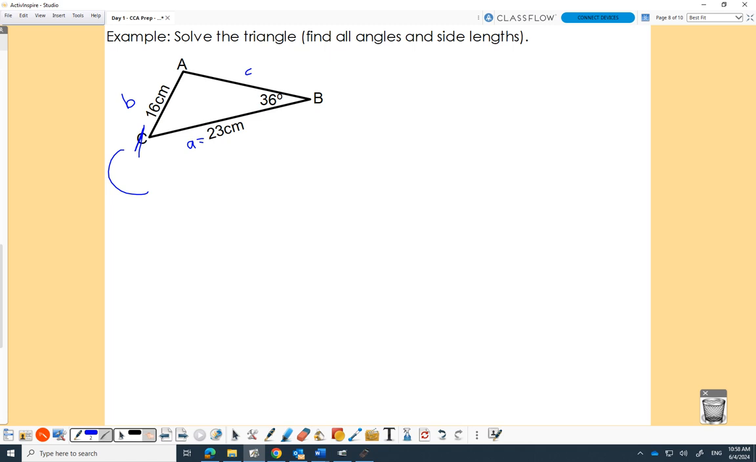So sine A over a. I did as the notes say, and I put the unknown in the numerator, equals sine B over b. And you just fill in the things you know, which is sine A over 23 equals sine 36 over 16. I'm going to do the full cross multiply thing. Those of you who are a little better at this might notice that you don't need to cross multiply here. You just have to bring the 23 over. But I'll do the whole steps. I go 16 sine A